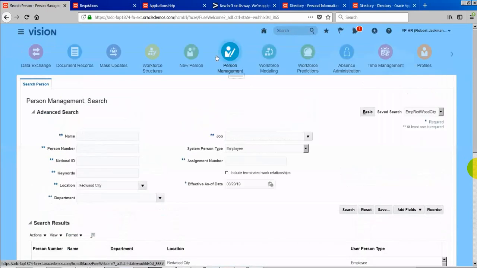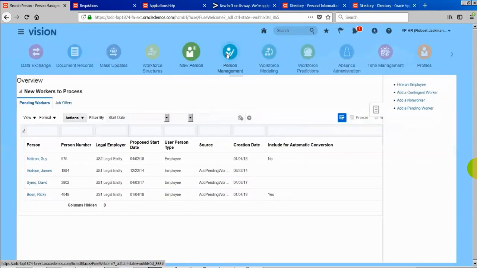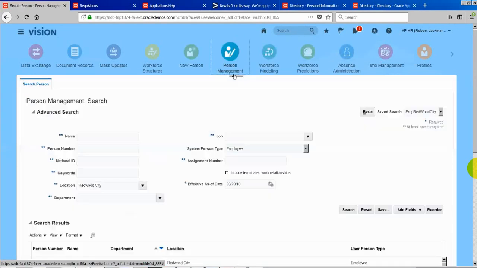If you click on the hidden strip, you can see the list of other tasks available in that category, and you can navigate from here directly. You can navigate like this. This is called a film strip. You can navigate from one work area to another work area using this film strip.